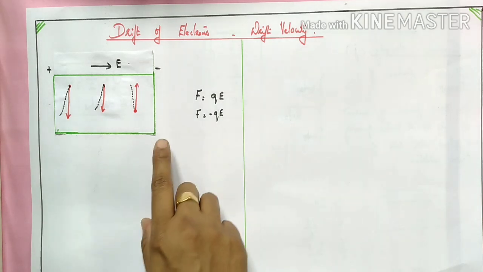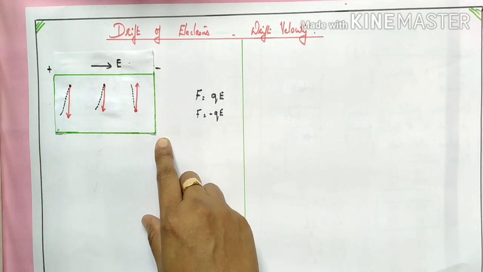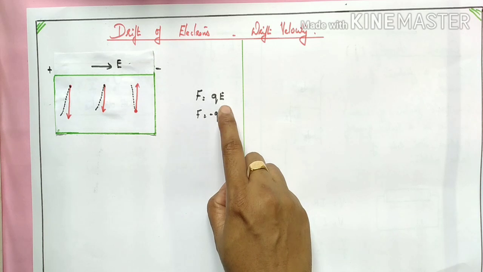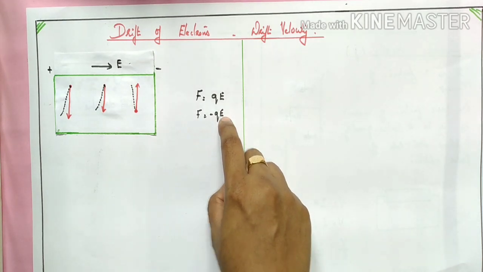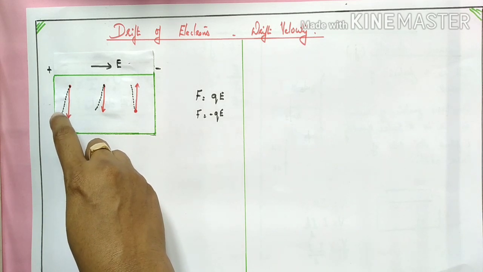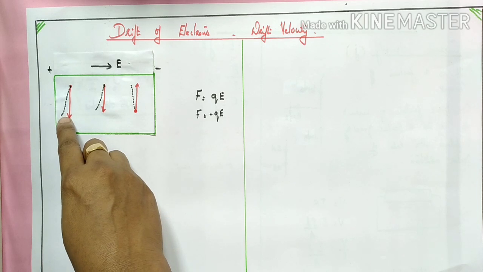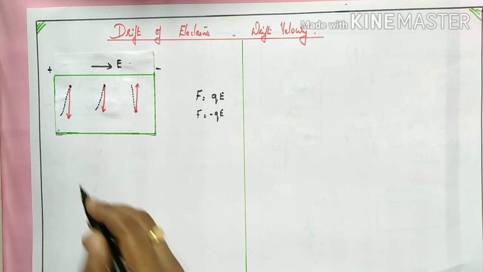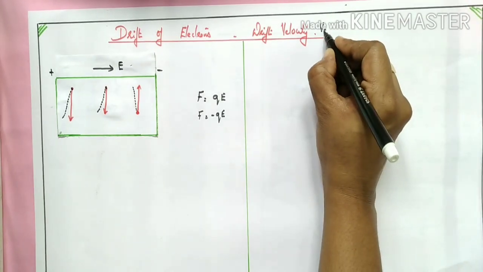So once more, in the absence of an external electric field, all the electrons are moving in random directions and hence the average thermal velocity will be 0. But when an external electric field is applied, the electrons experience a force opposite to the direction of the electric field and hence experience a drift towards the opposite direction of the electric field. And this average of drift speed is called the drift velocity and it is responsible for electric current inside the conductor. Drift velocity is usually represented by the letter Vd.